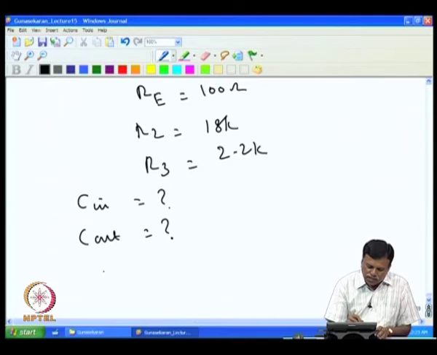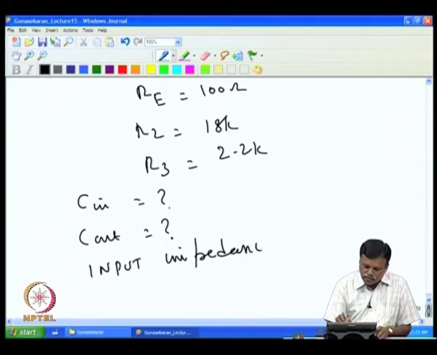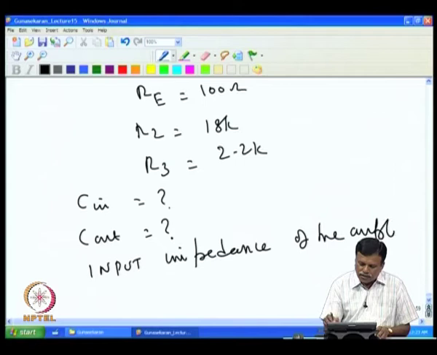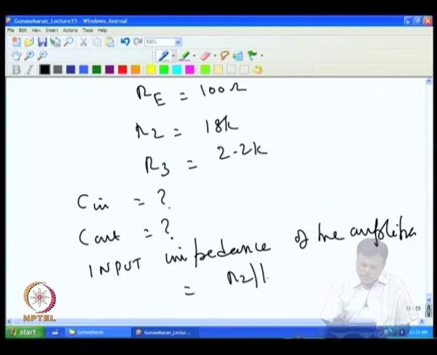So, the input impedance of the amplifier actually is going to be R2 parallel R3, then you have a parallel 100 ohm into parallel 100 ohm